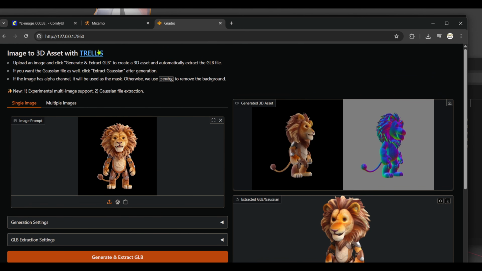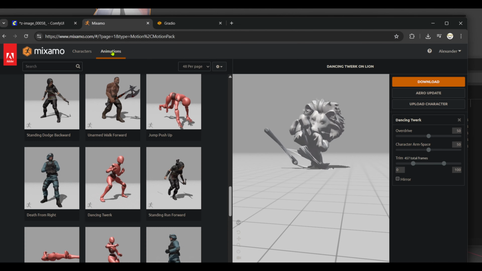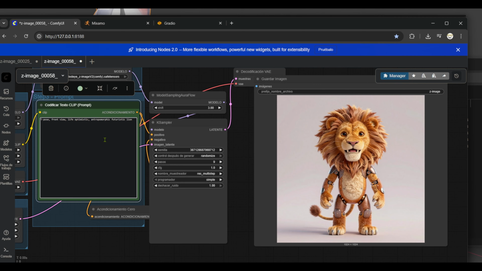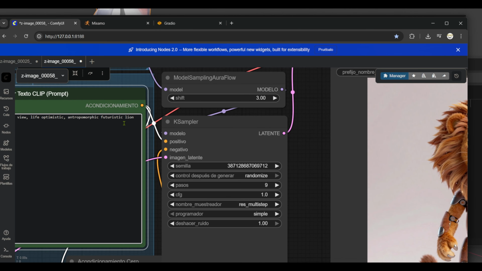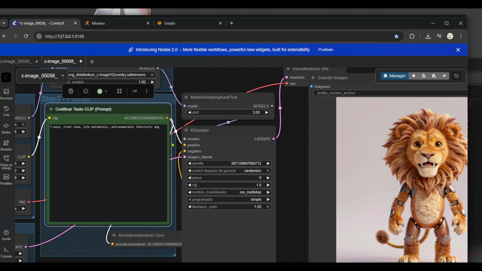One of them is Trellis. Then there is ComfyUI with some image generation, and Mixamo. For the first iteration, we actually need ComfyUI, so we can generate a very interesting image, which we can then import to generate a 3D object from it. So let's use a